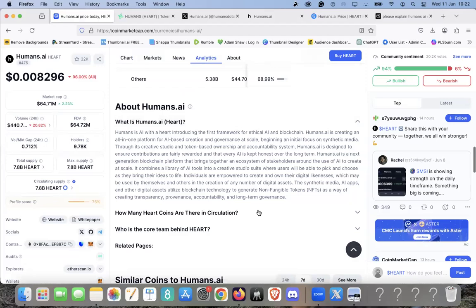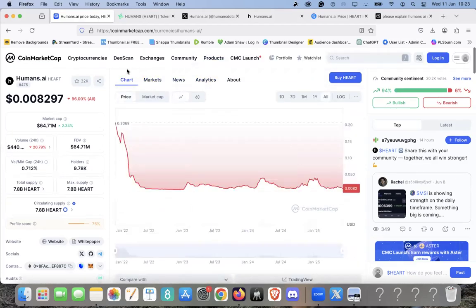Now we're going to explain what it is a little bit later, simply using Perplexity. But this is all about ethical AI. And as we'll explain in a little bit more detail later, it's all about keeping humans in control. Because one of the worries about AI is that it could take over, that it gets so smart that it bypasses humans and has a mind of its own. And anyone that's watched any dystopian sci-fi will know about this, especially if you're a Star Trek fan. So let's have a look.